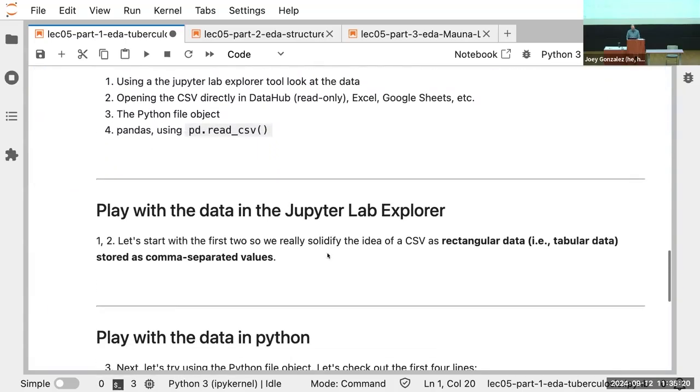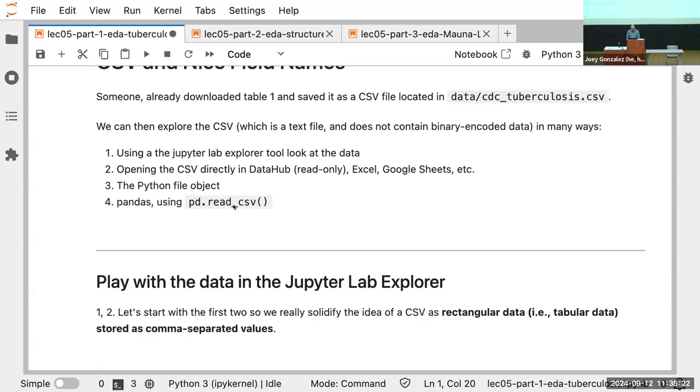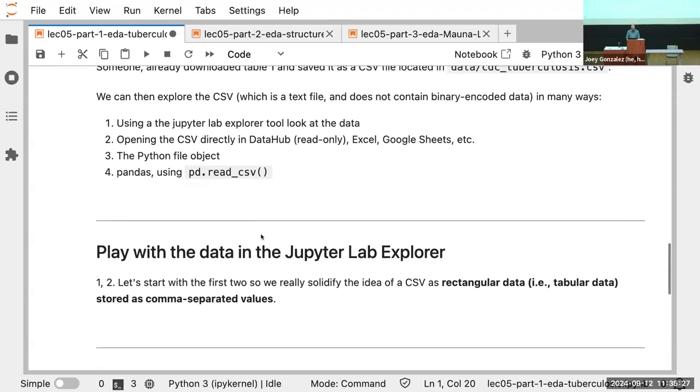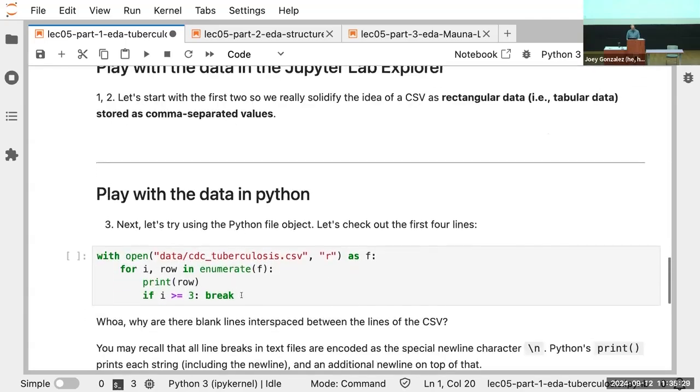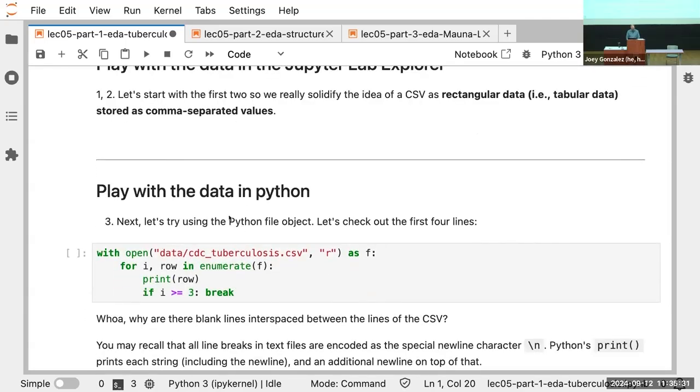We're going to use pandas.read_csv. This is a pretty common function. You'll use this throughout the class. It's going to read a comma separated values file on my laptop. Before I do that, one of the things that I do in my unboxing of data is I don't go straight to pandas. I don't go straight to Python. I go straight to clicking on things.